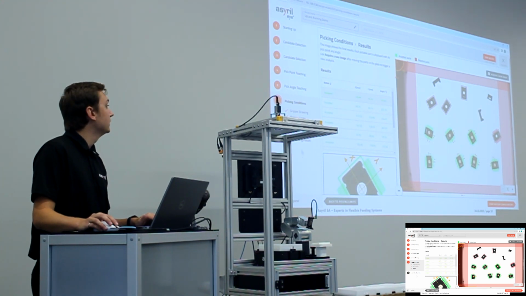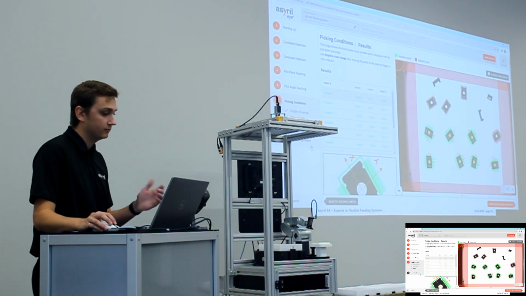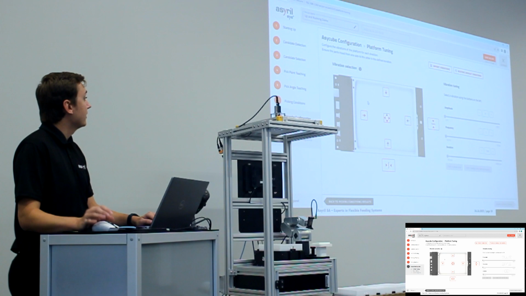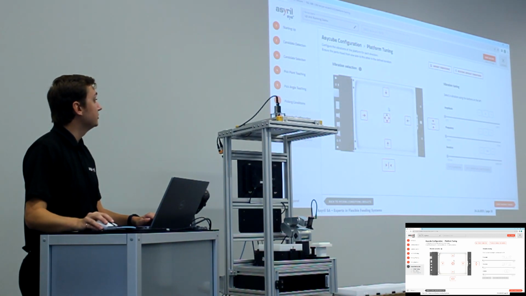And that's it for vision. You've now got a vision recipe set up. I+ will be able to detect and send part coordinates over. Super, super easy. I mean, we did it in 20 minutes. The last step is configuring your ASYCube. So the best way to do it is to